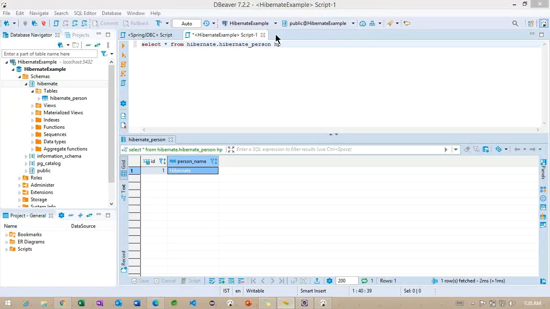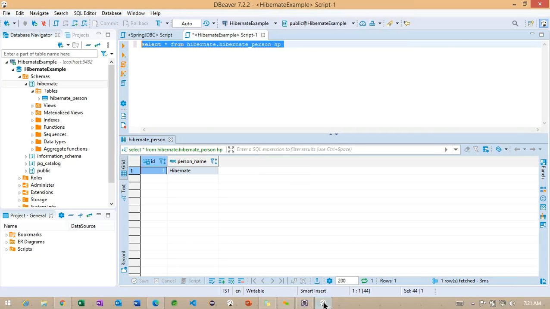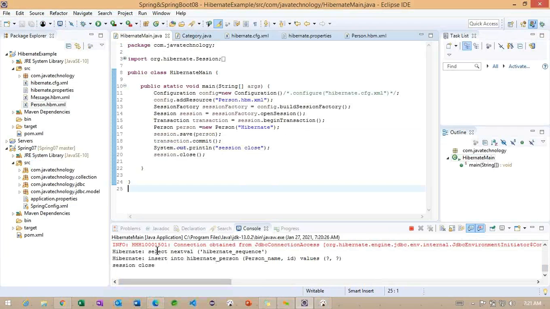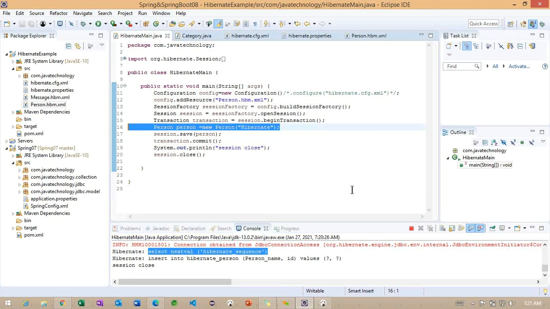Okay, let me change it. Still we are getting only one record, even though it is generating the Hibernate sequence. Person name, ID. Any ID we specified here? No ID, right?